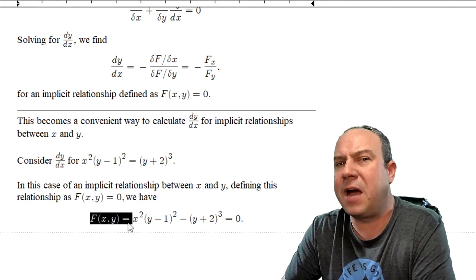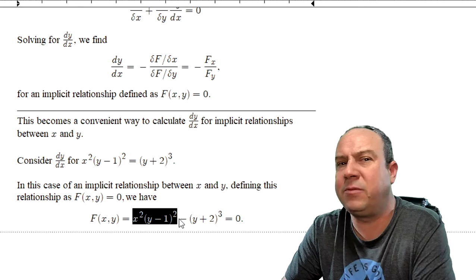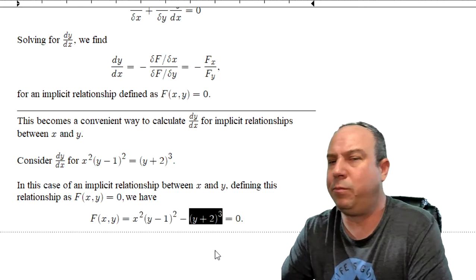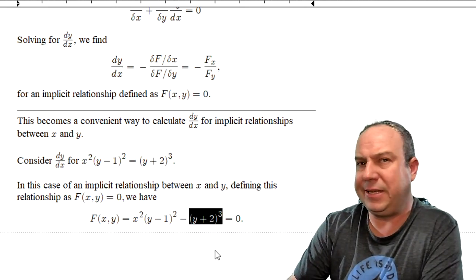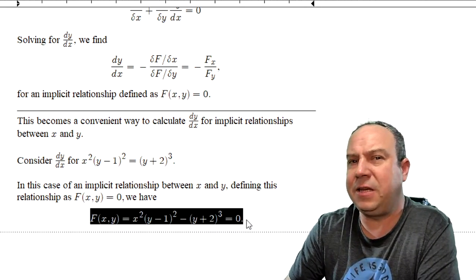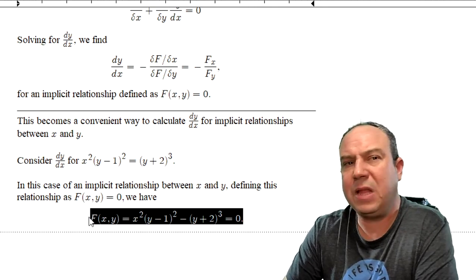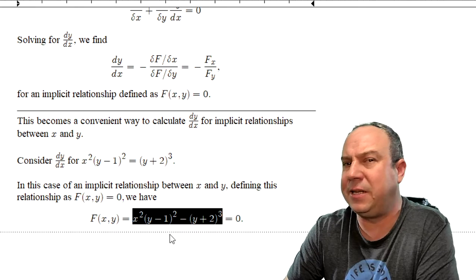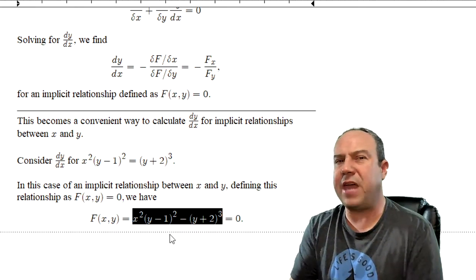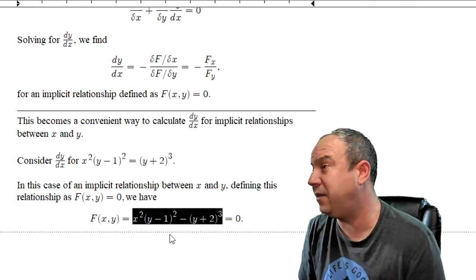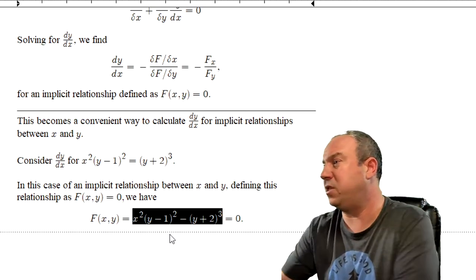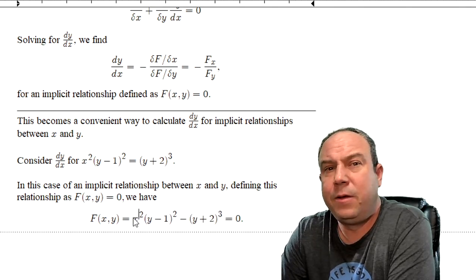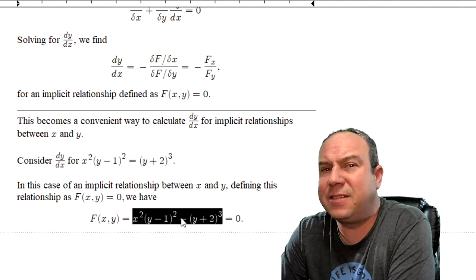big F of x comma y would be equal to x squared times y minus 1 quantity squared minus that quantity y plus 2 cubed in value, all set equal to 0. But big F of x comma y would now be defined as this statement seen here. Where with that statement seen there, you can find your partials with respect to x and y rather readily. With respect to x,